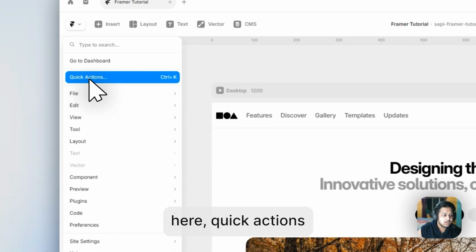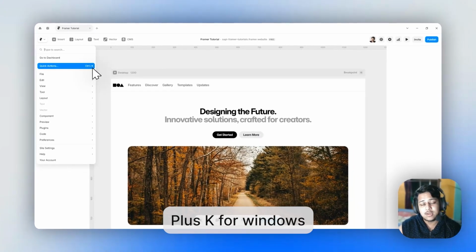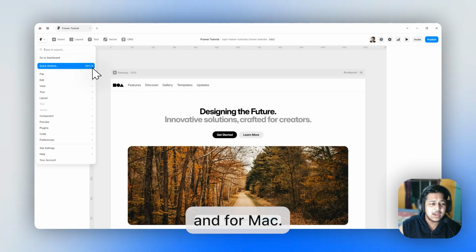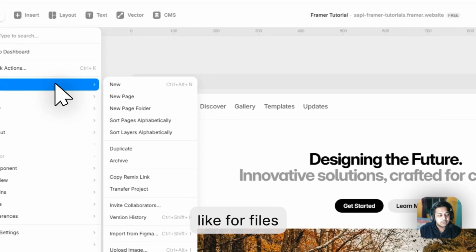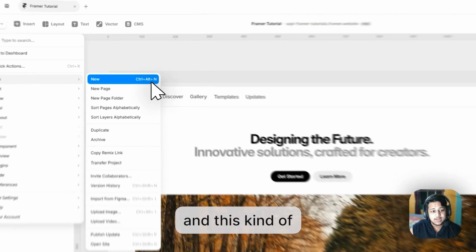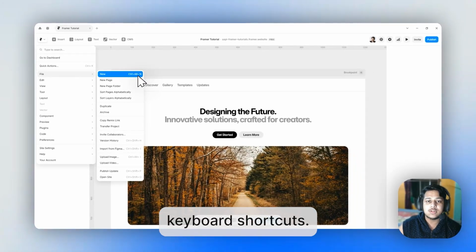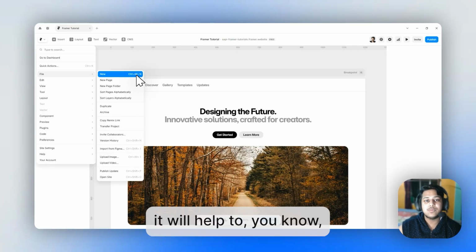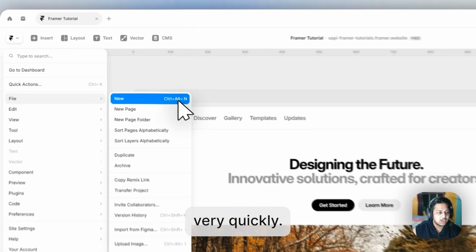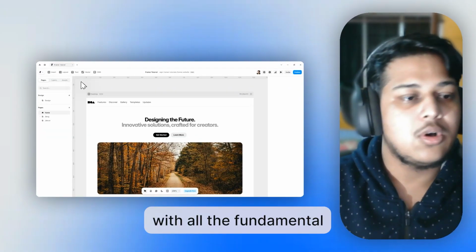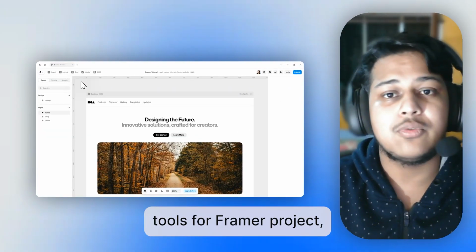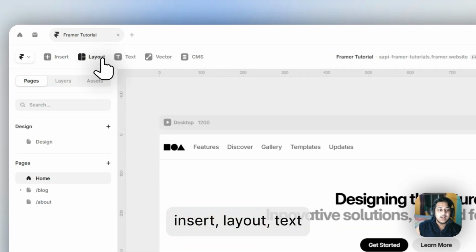As you can see here, quick actions has Control plus K for Windows, and for Mac it will be Command plus K. And for files, it has Control Alt plus N, this kind of keyboard shortcuts. If you memorize these shortcuts, it will help boost your productivity throughout the Framer project very quickly. So that's the thing. Now let me quickly introduce you to all the fundamental tools for a Framer project: insert, layout,